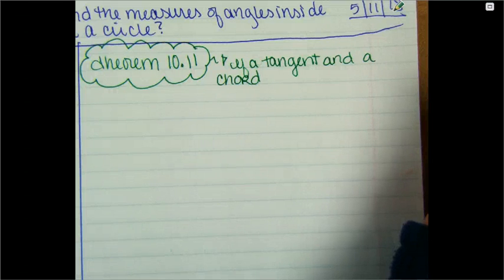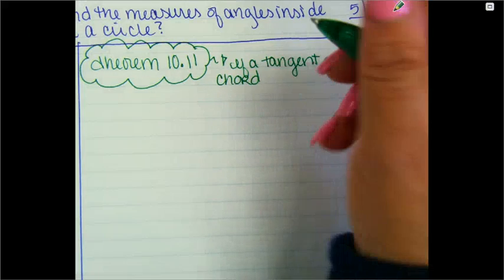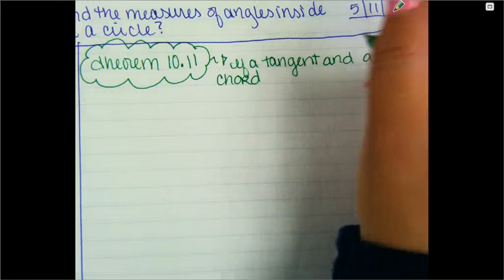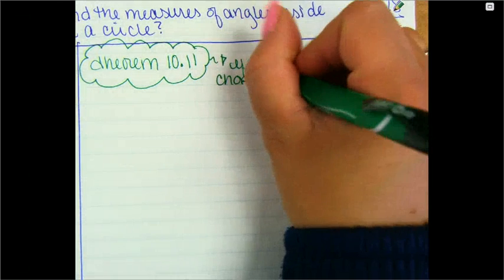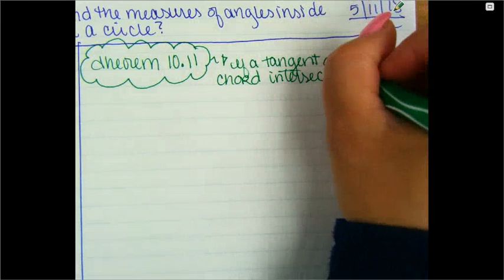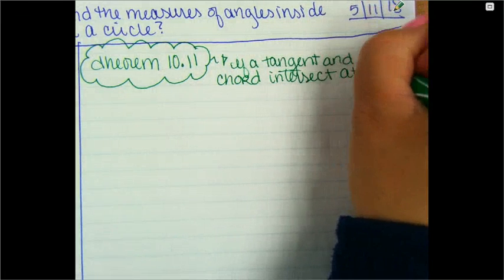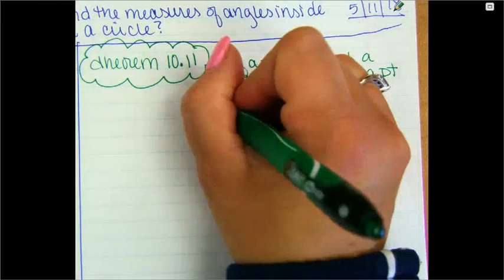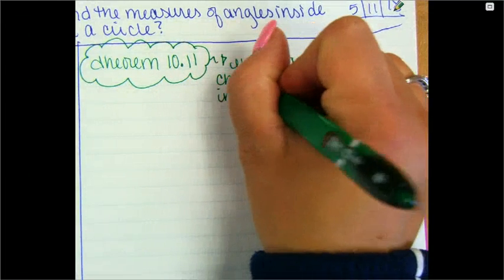Two dots does not help us. Two points on the inside of the circle. It's a segment that has both endpoints on the circle. So if a chord and a tangent intersect, what does it mean to intersect? Cross or meet at a point in a circle,